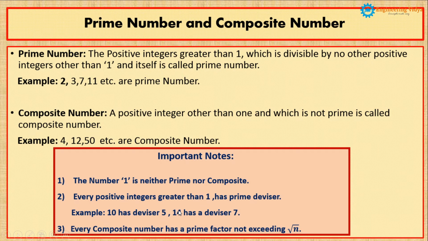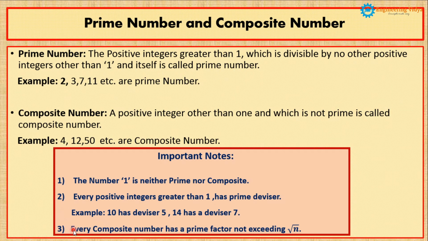And 2 as well. If I take the example of 14, the factorization of 14 will be 2 times 7, right? Where 2 is a prime divisor and 7 is also a prime divisor. Hence we can say the second statement is a very true point, right? Again I am repeating, the second point says that every positive integer which is more than 1 definitely has a prime divisor, right? The third statement is derived from the second statement only.